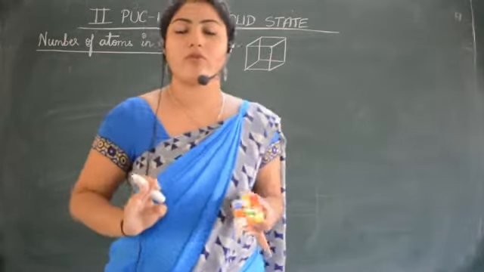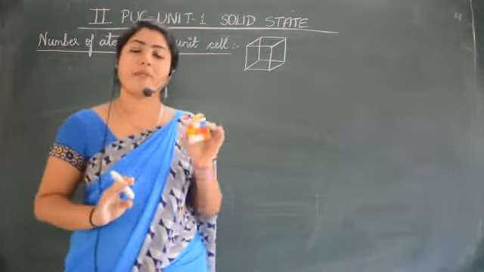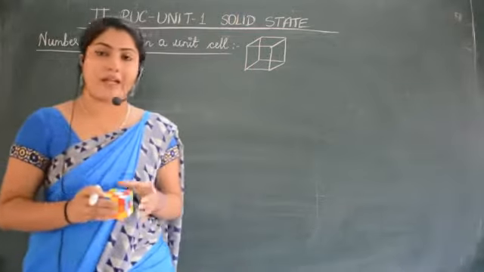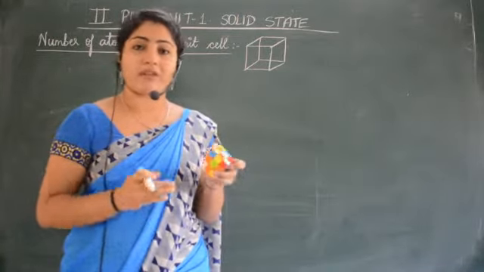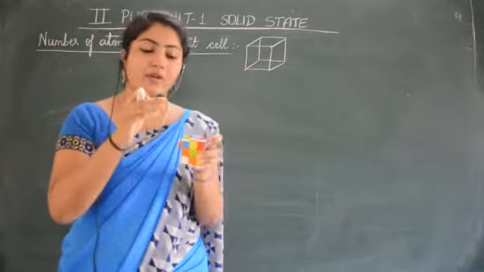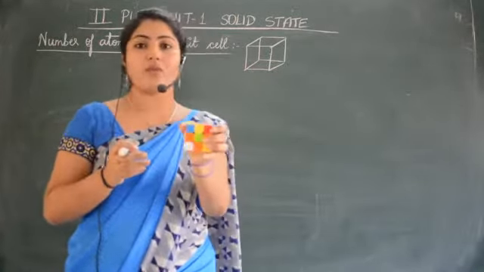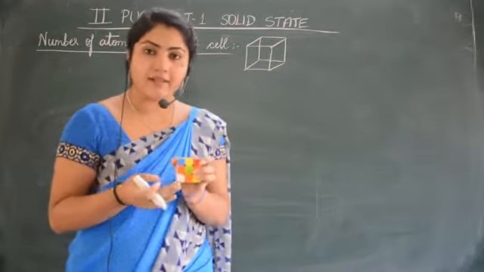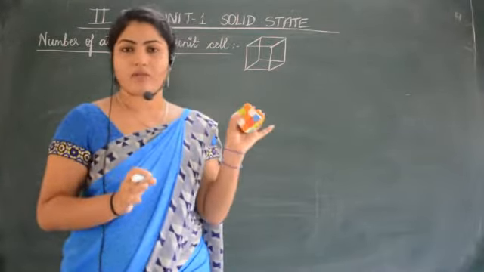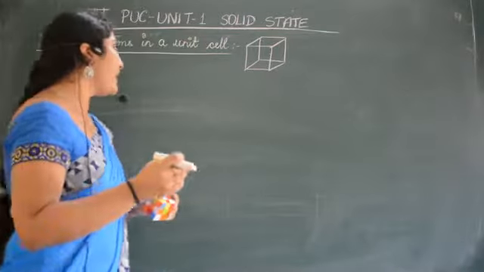So now we want to know how many atoms are present for a primitive unit cell, for a body centered unit cell, for that particular unit cell. We are calculating for only one unit cell. Next we will be calculating for face centered. These 3 important ones we will be calculating now. Let us start.